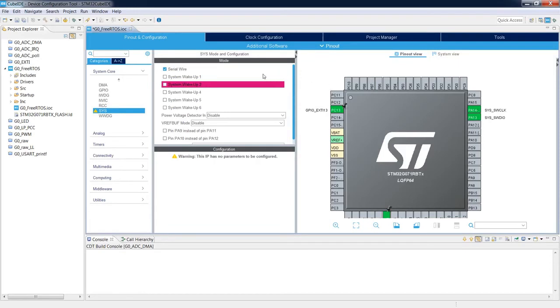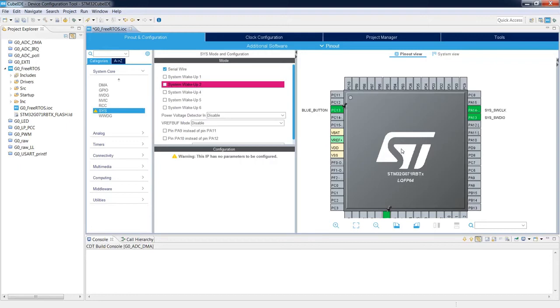If I go with the mouse over this red component, I should see the information on the reason for highlighting this pin. There is nothing to be worried about at the moment. We come back to our pin, click the right button on the mouse over it and select User Label. We will name it blue button. Okay, so this is the second component.